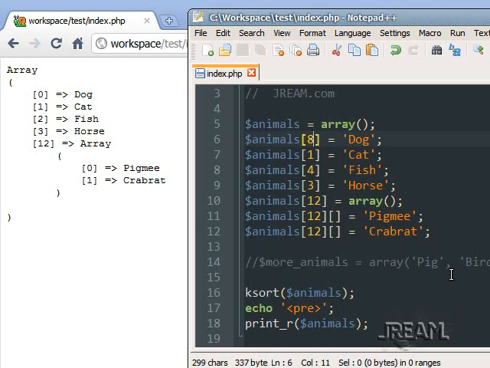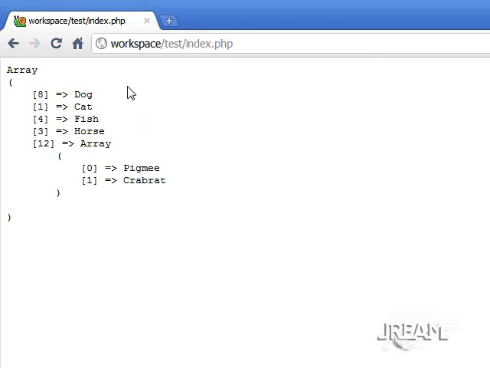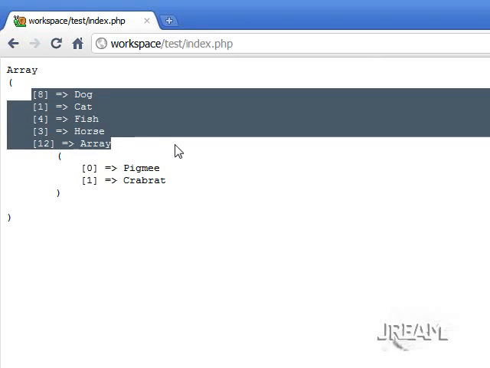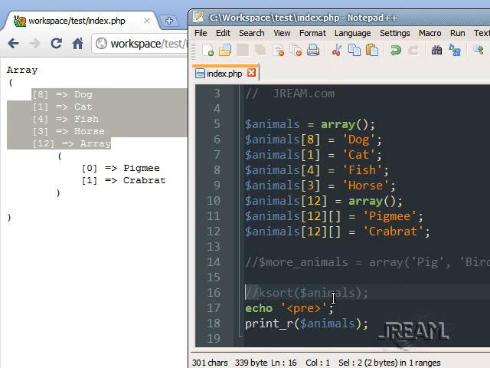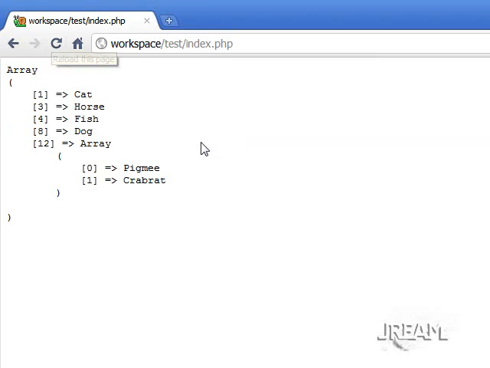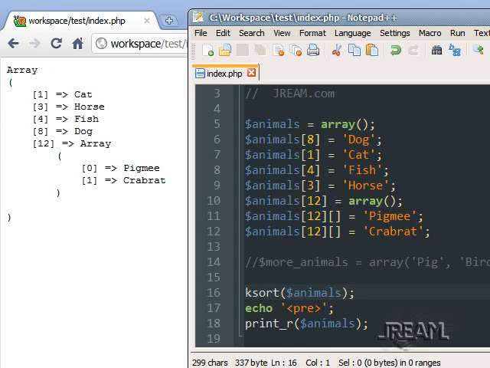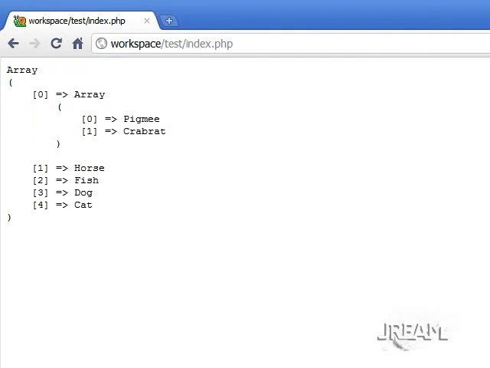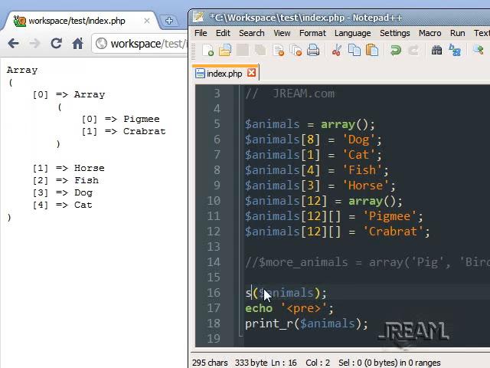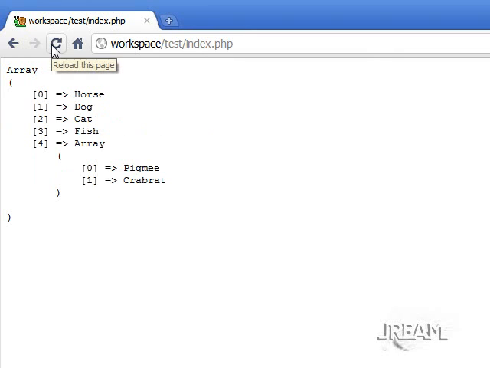Before we do this, you'll see it prints the array out of order based on the keys. And if you do key sort, it sorts it by the keys. There's also things like reverse sort, shuffle to randomize it,